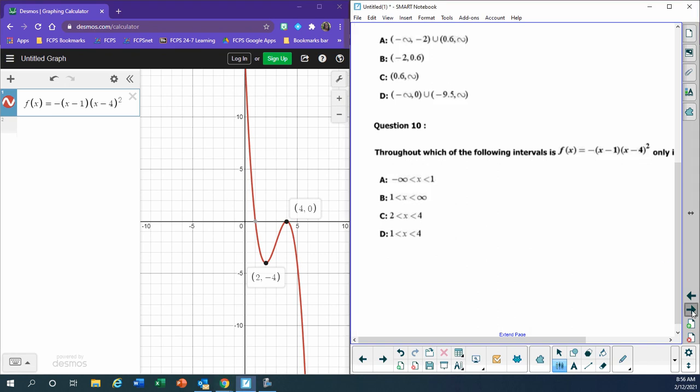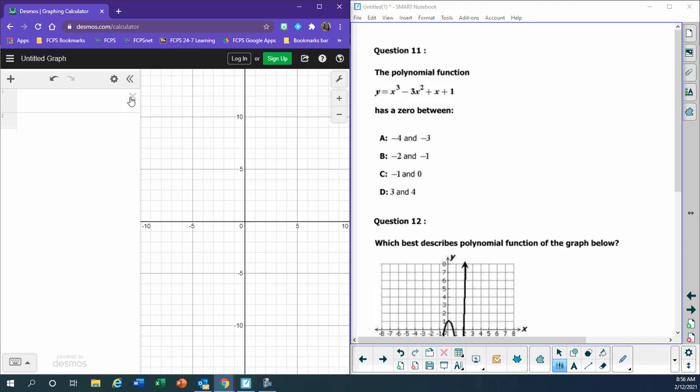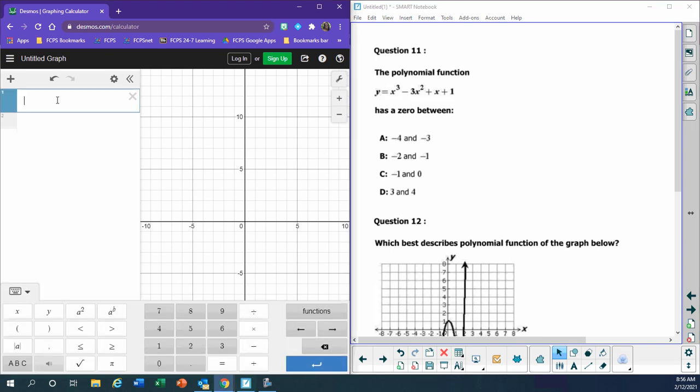All right, number 11. The zeros. This is an easy one. So y equals, graph it. Everything can be, not everything, but in this case, I can graph it, right? Or sometimes I see my children do this. I don't know if it works here. They try, oh, it doesn't work from Smart Notebook. They try to copy the whole equation and put it in